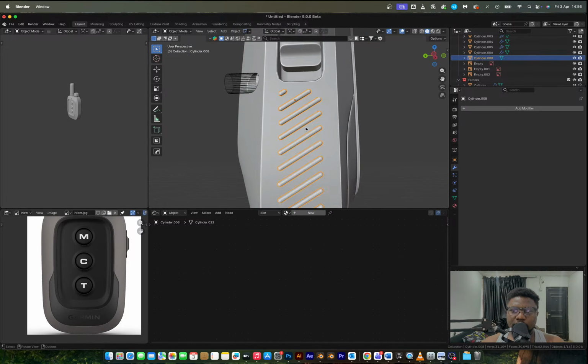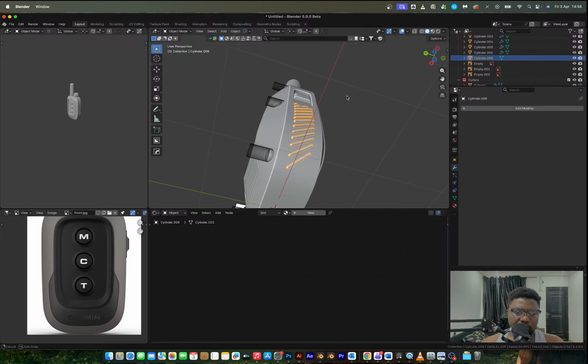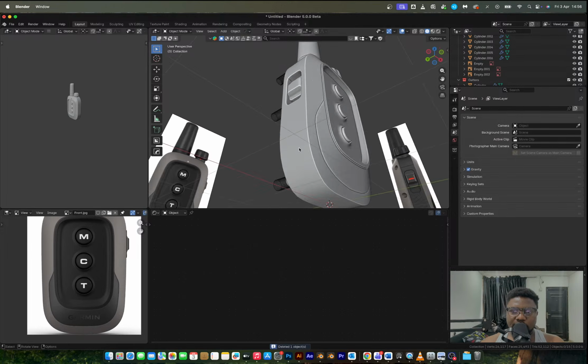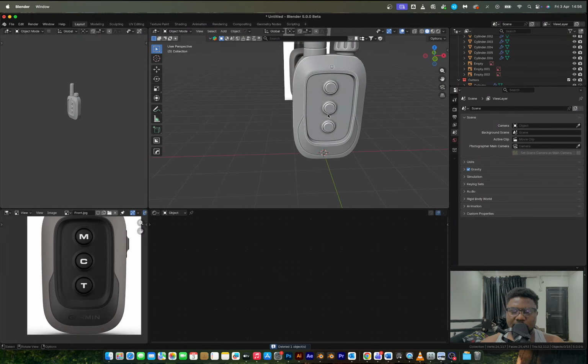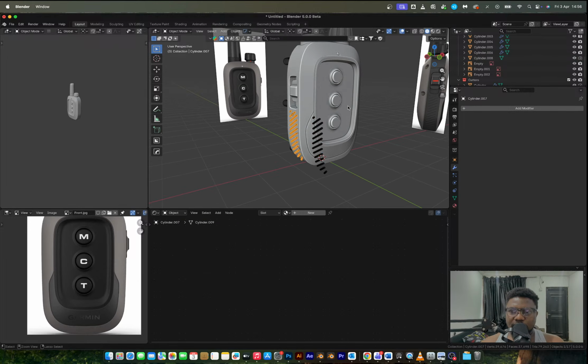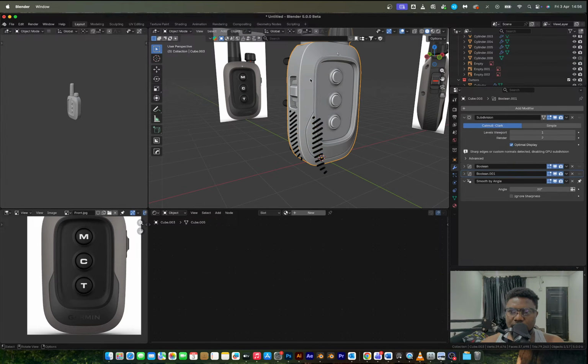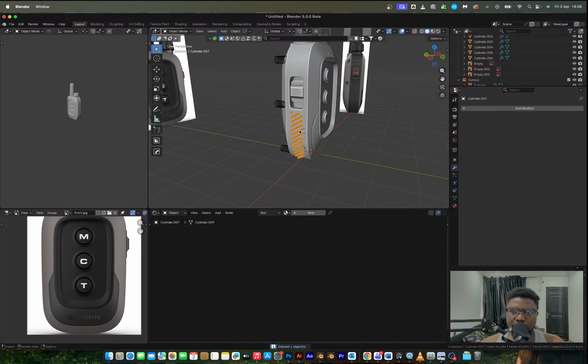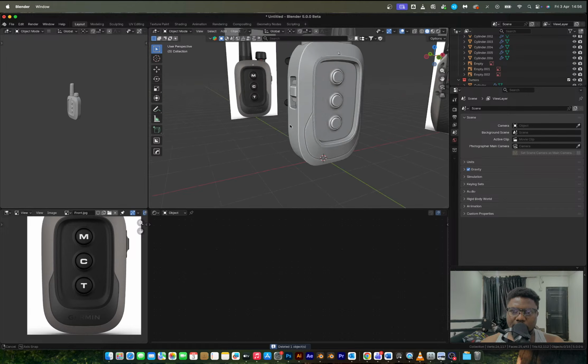Okay. I'm just going to delete that, and I think I'm done with this. I'm going to undo to when I applied the sub D. Yep. So yeah,